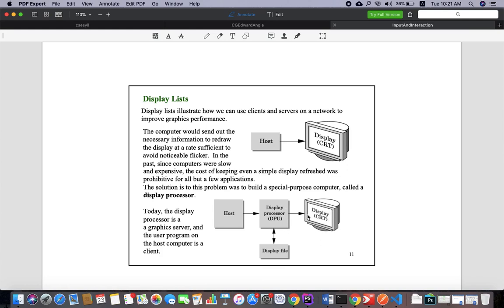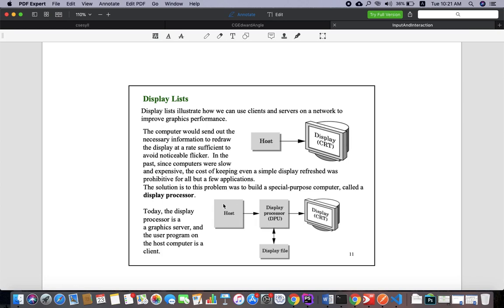Now, what is the benefit of this? Rather than asking the host to resend the object again and again, the host will define the object once and pass it to the display processor. The display processor stores it in the display file, and from the display file it will refresh and resend it again and again. This is what the display processor does.